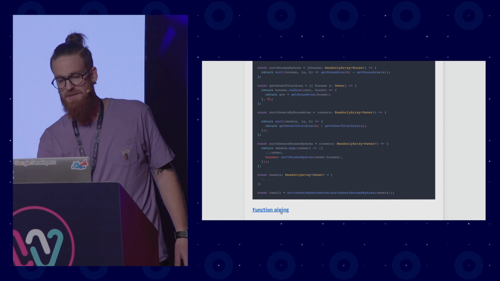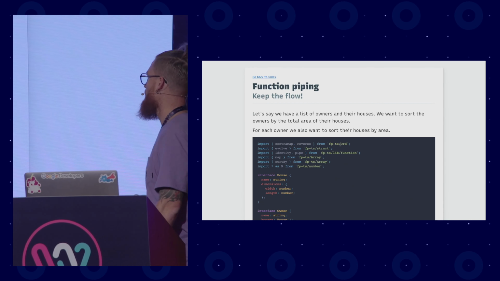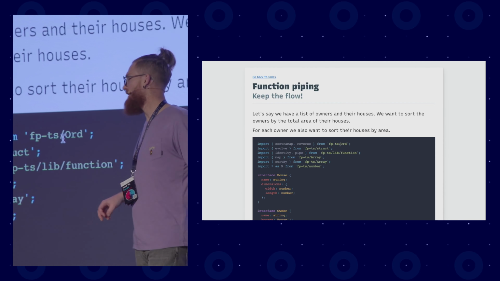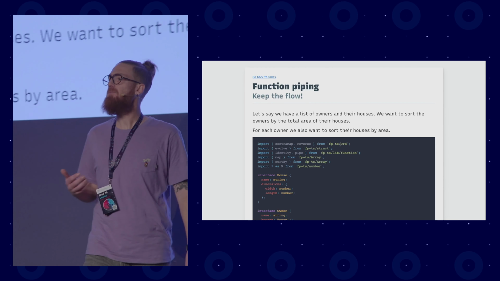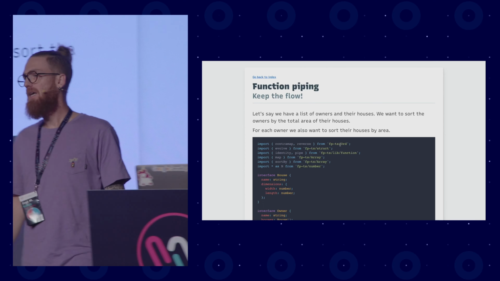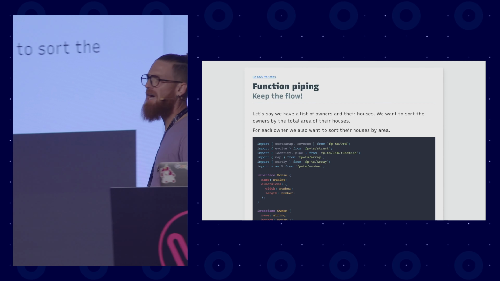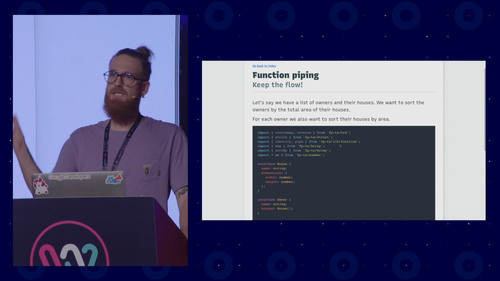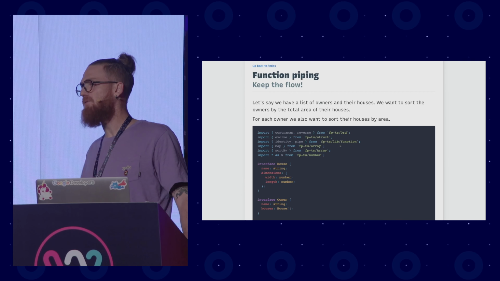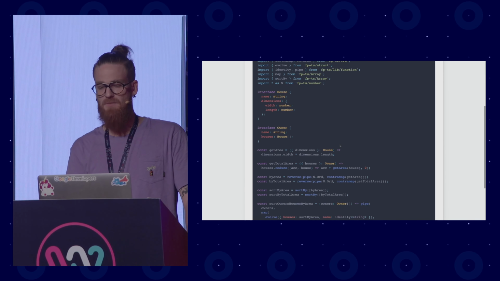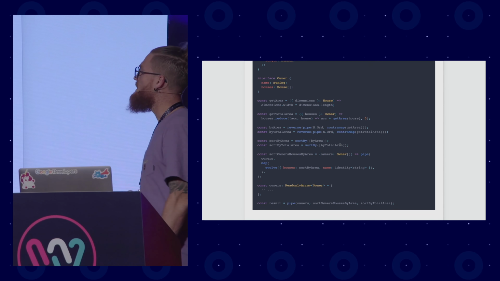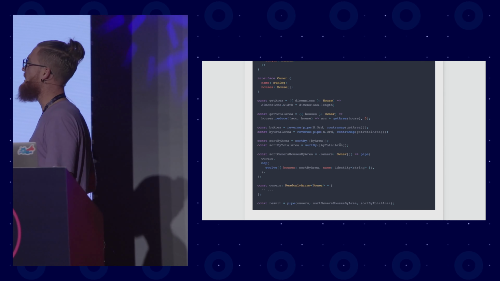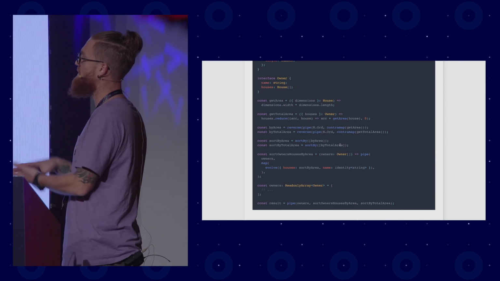I am going really fast because the time is expiring. But I want you to know about a library which is called fp-ts by Giulio Canti. If you have used Ramda or Lodash FP in the past, it is more or less similar. Obviously, it needs to deal with TypeScript, which is a little bit complicated. But this is the code that I will write for a solution like this. So if you compare the two versions, you can see that it is